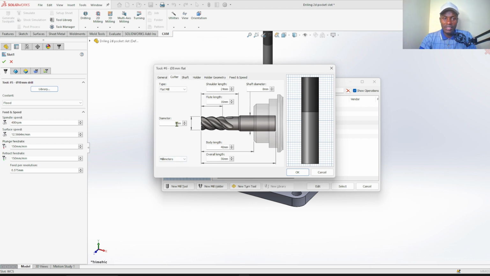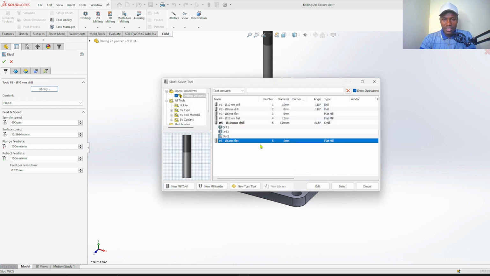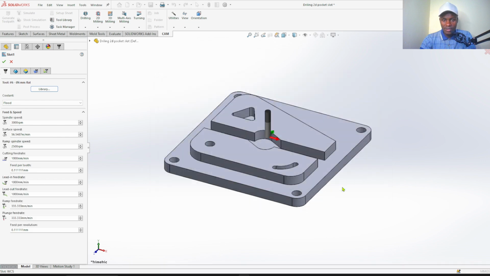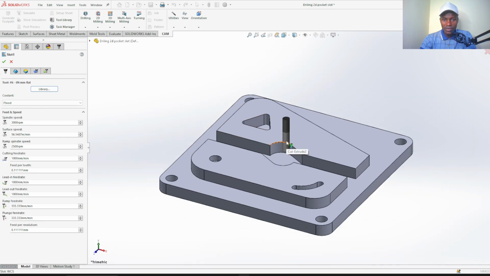So I'll select a tool of 6 mm in diameter or lower. If I select 8, then there will be interference and I will get a larger hole. So I will have to consider the radius of the hole. Select OK, and this is the tool. Click select. Here is the tool.